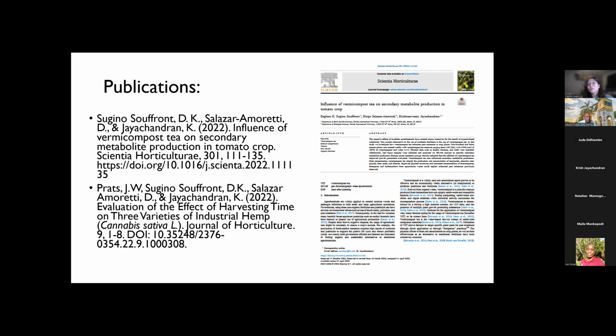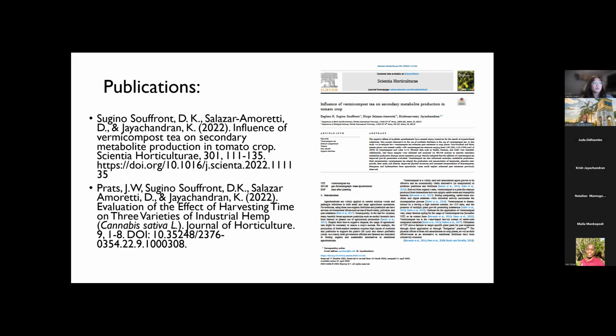I thought that was really cool, that the plant was actually increasing phytoalexins, or defense molecules, within its tissues with the addition of vermicompost. Increased production of secondary metabolites such as defensive terpenoids and also waxy cuticles, which is basically the outermost layer of the leaf, could protect the plant from pests and other stressors. So vermicompost in general can actually decrease pests and disease through changes not only in the physical structures, but also in the chemical profile of the plant. These are also the changes that are occurring in medicinal plants.